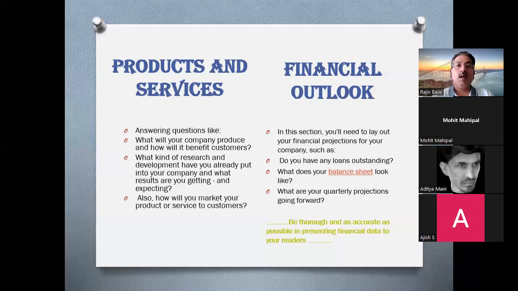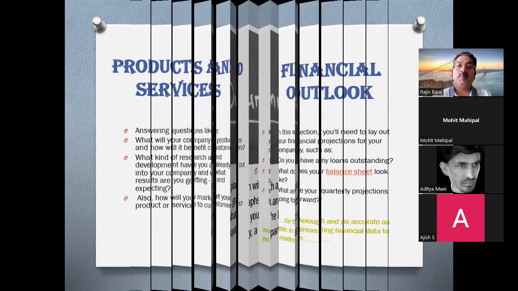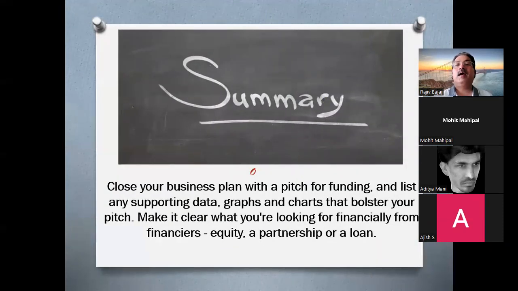So what is the financial outlook? In this section, you need to lay out your financial projection. Do you have any loans outstanding? What does your balance sheet look like? What is your current asset and current liability? What is your current ratio? What are your quarterly projections going forward? How do you want to increase your revenue? And you must be as thorough and accurate as possible in presenting your financial data, so that people trust you and understand